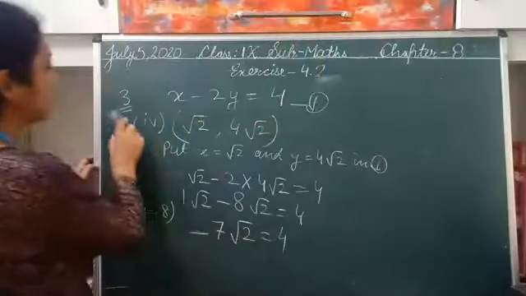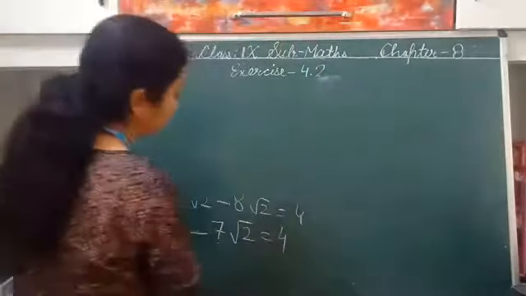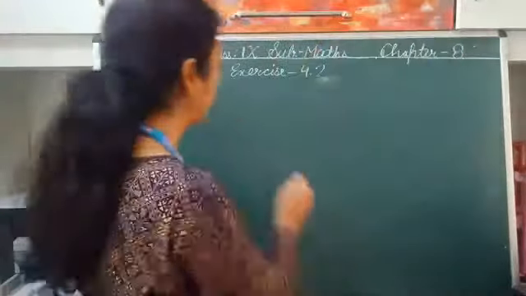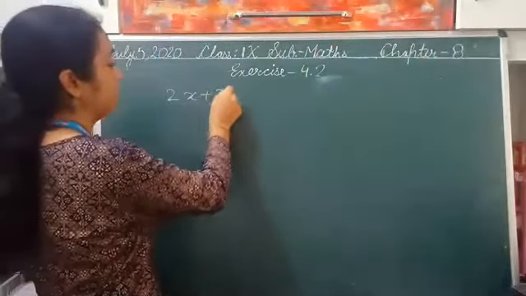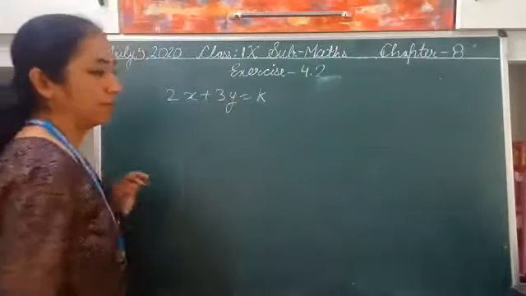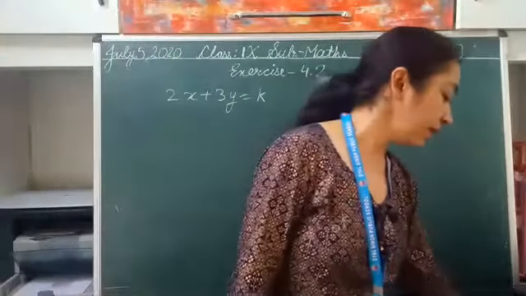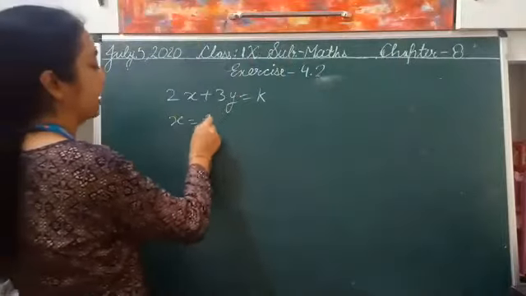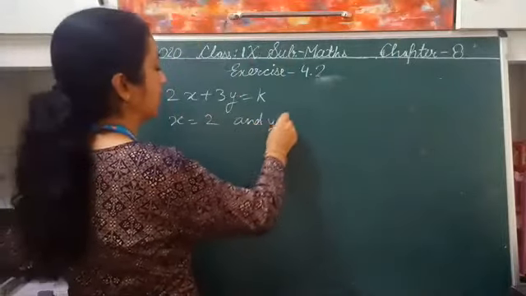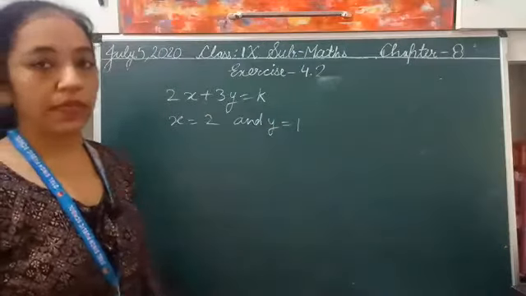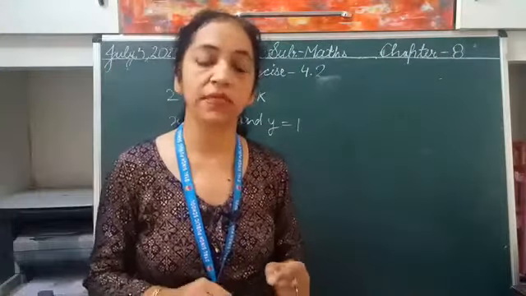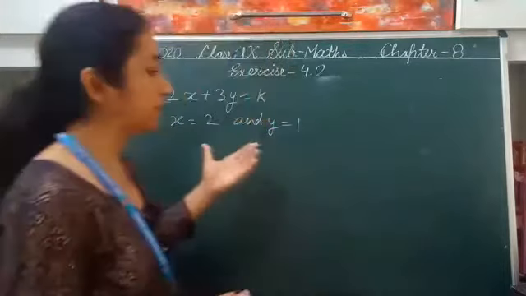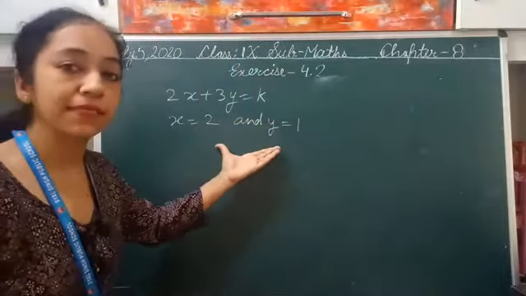Next, the last part of this exercise is last question. You are given an equation, but something is missing in the equation. That is 2x plus 3y is equal to k, right? इसके साथ साथ they are saying we have to find out the value of k if x is equal to 2 and y is equal to 1. This is the solution. In previous question ये हमसे पूछ रहे थे कि आप चेक कीजिए whether the given points are the solution or not, right? But in this question they are saying that yes, they are the solutions.